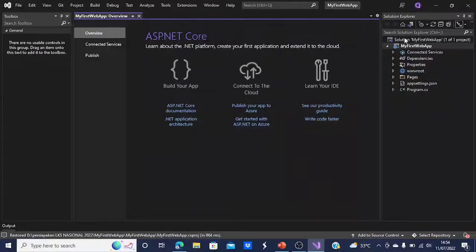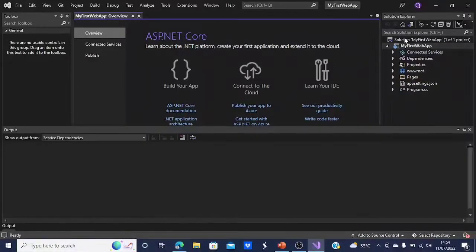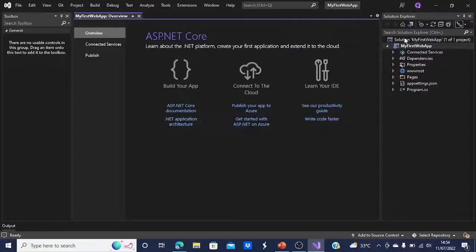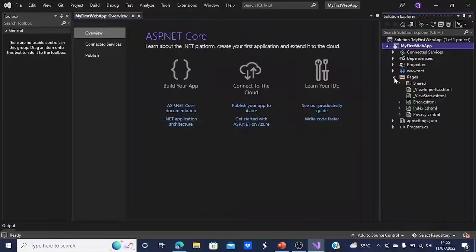First, we will tour your solution. The project template creates a solution with a single ASP.NET Core project that is named My Core App. Select the Solution Explorer tab to view its content. Expand the Pages folder, and here are the files for your programming.